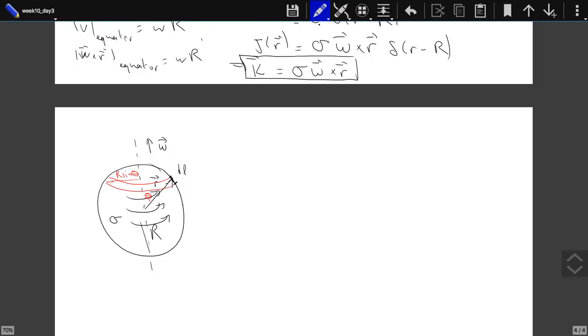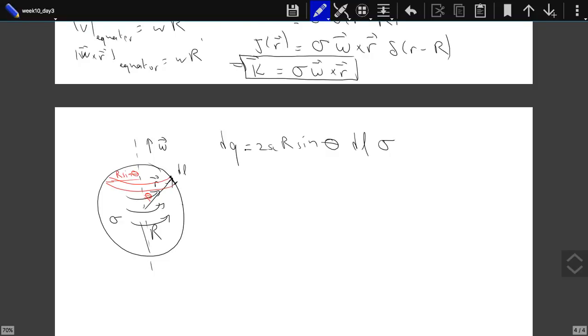So the circumference of that strip is 2 pi r sine theta. What is the charge in that strip? That strip has a length dl, so it has a thickness dl. So the area of that strip is 2 pi r sine theta times dl. If we multiply it by sigma, this is the charge